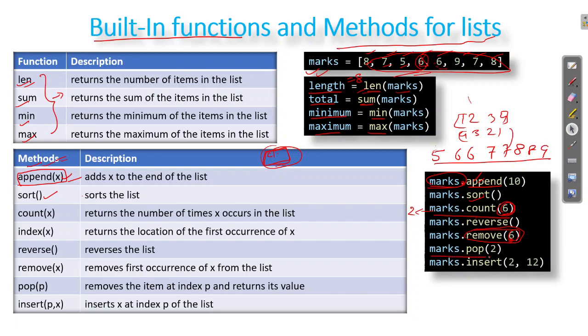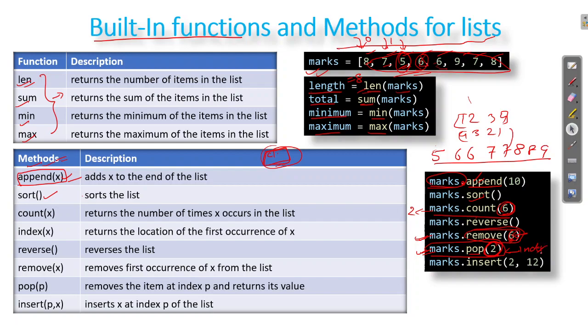Then we will see marks.pop. What does pop do? Here it doesn't take into consideration the element, it takes into consideration the index. So if you say pop 2, it will check what is there at index 2. This is index 0, this is index 1, this is index 2. So it will remove this particular value, that is 5. This is the difference between remove and pop. Remove takes the value or the item itself, and pop takes the index.